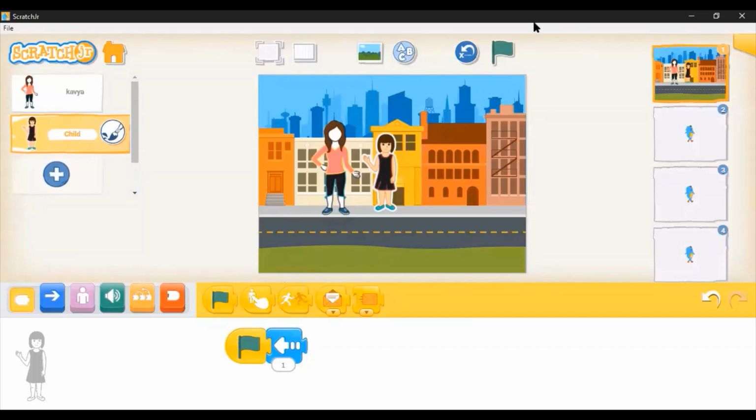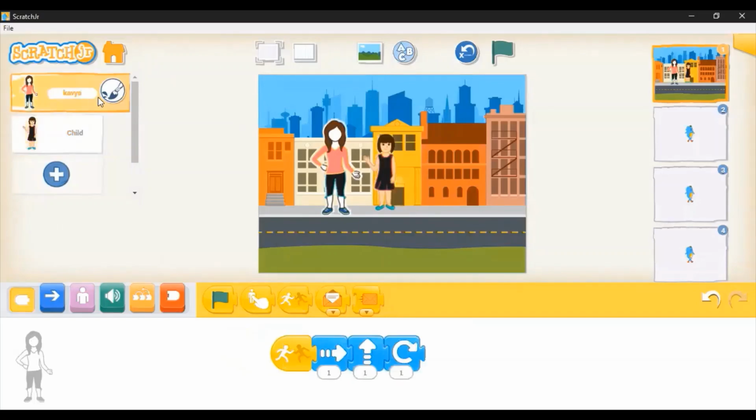When I click on this flag button, this code will get executed, which is just a one line code, that is move it in the left direction. But what happens is when this moves in the left direction, it will touch the first character, that is Kavya, which will get triggered when my second character touches it, and then this code will get performed.